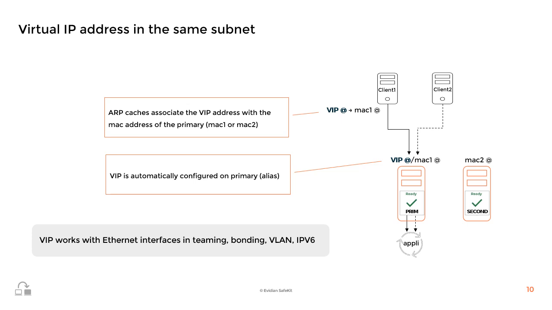Clients, as presented in the example, are connected to the VIP. When the prim server is node 1, the VIP is associated with the Ethernet MAC address of node 1. This mapping can be viewed in the ARP cache of clients.